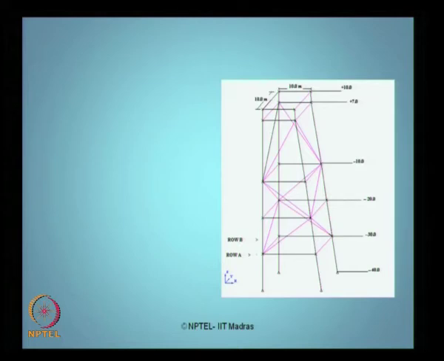So, the cyan colors what you see here, these are all the bracings which have been generated. These are the legs which are having batten, and of course different elevations of plus 10, 7, sorry, plus 10, 7, 10, minus 20, 30 and minus 50 have been generated for a plan size of 10 meter by 10 meter. So, you can generate a graphical model like this.